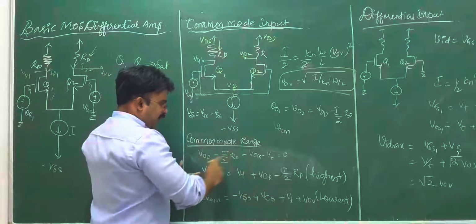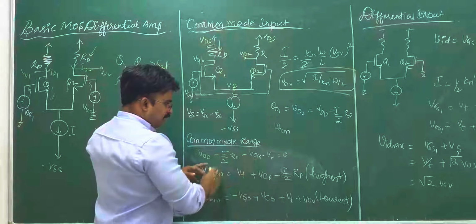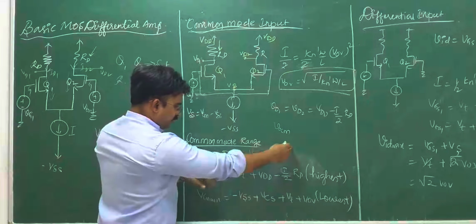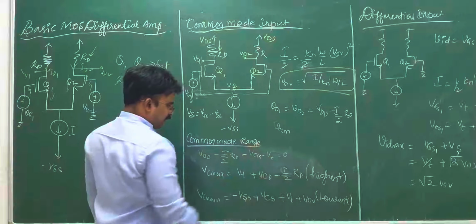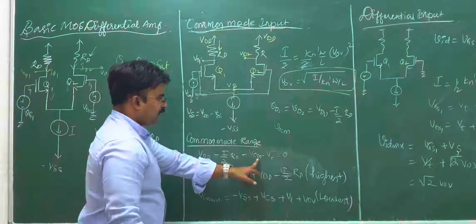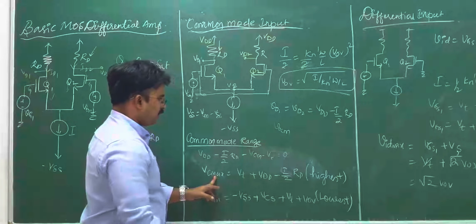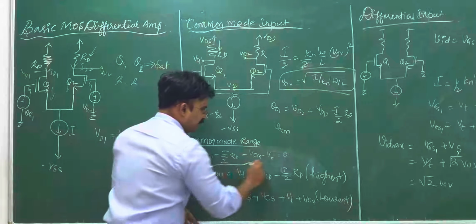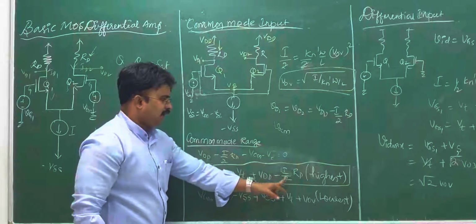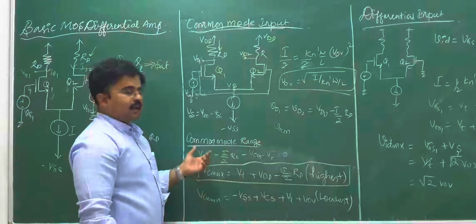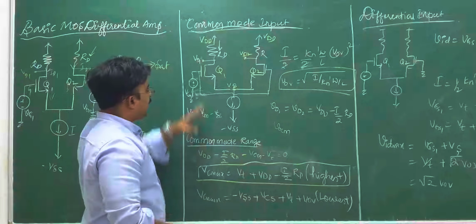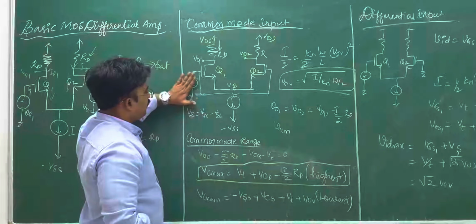When I simplify this, you can observe VDD minus ID RD. Take out this VCM towards the right side. So that would be VCM max value. Therefore, simplifying that, I get the highest value is VT plus VD minus ID, I by 2 into RD. Now for this equation, the second equation is formed by applying KVL to this loop.